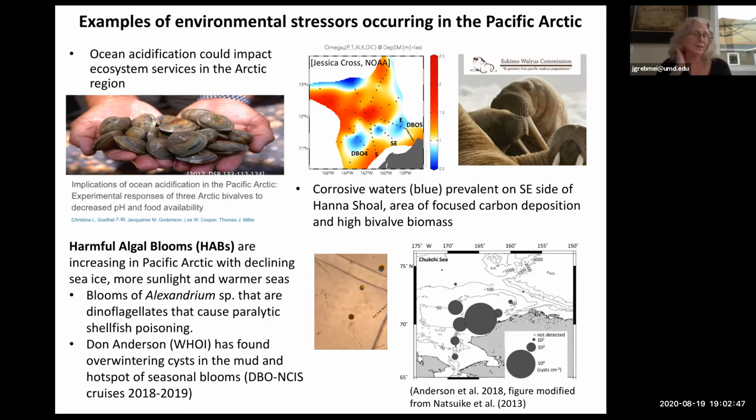So what is it exactly? Is it just food supply? That's an impact, but then you have these stressors on there. So there is an uncertainty of what the key driver is. If you were looking without these stressors, I would say it's more the current food supply changes and sediment structure. But with the acidification and the harmful algal blooms now in play, which is something all these animals feed on, the algae, they don't differentiate. They differentiate by size, but not necessarily by what is going past their siphons. So that's a really important study and of interest from the discussions we've had with the local communities in the